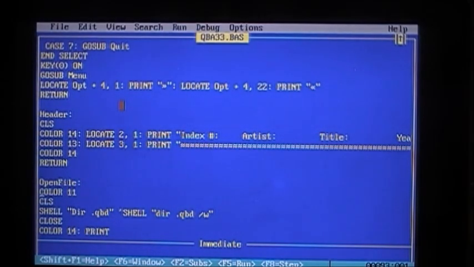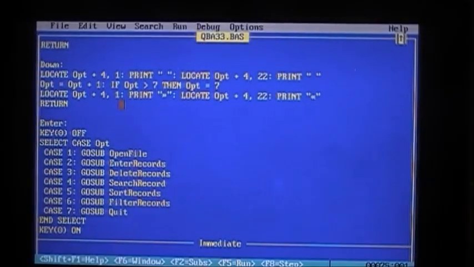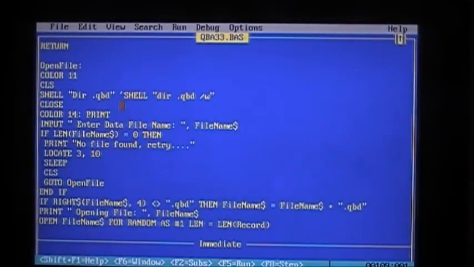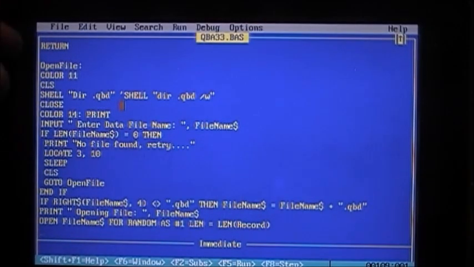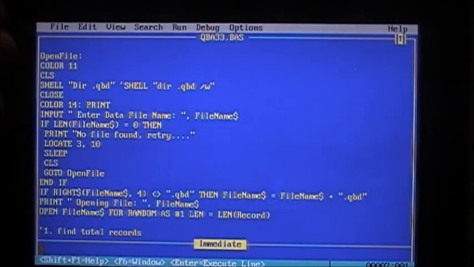Open file. Well, if we select, was it function option 1, open a file. If option is 1, then we open a file, set color to 11, which is that aqua color, clear the screen. Now we shell dir.qdb. What does this do? Well, I'll show you what it does. We'll go down here and shell